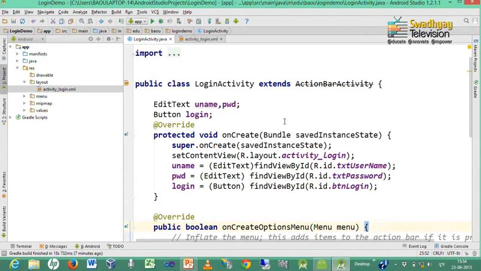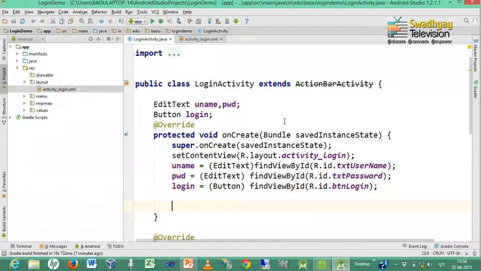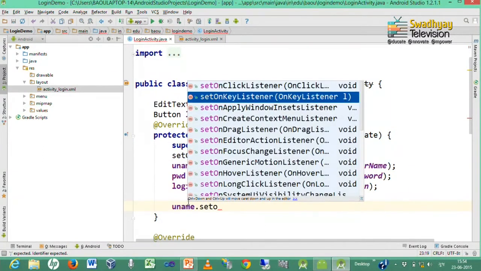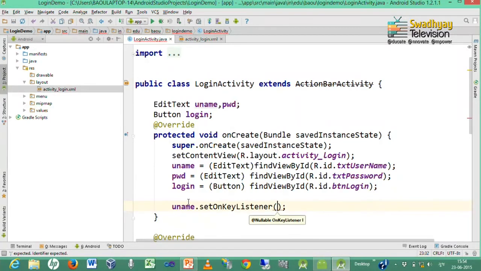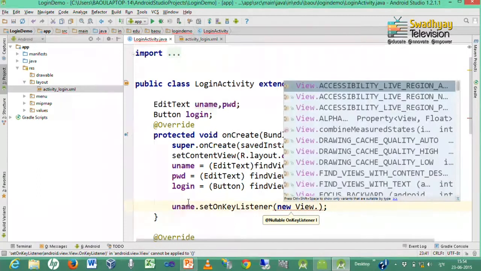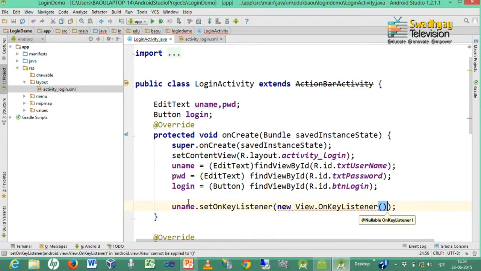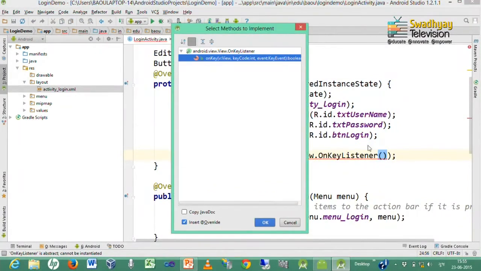Now, whenever the user types into this text box, we have to continuously monitor whether the username and password match the predefined username and password. So, here we implement uname.setOnKeyListener, that we have discussed so far, and inside that we write View.OnKeyListener.